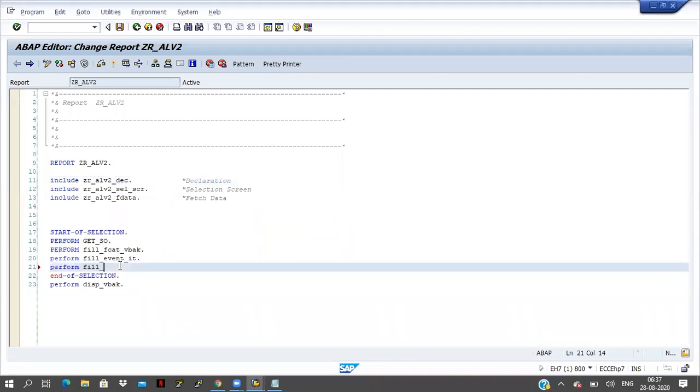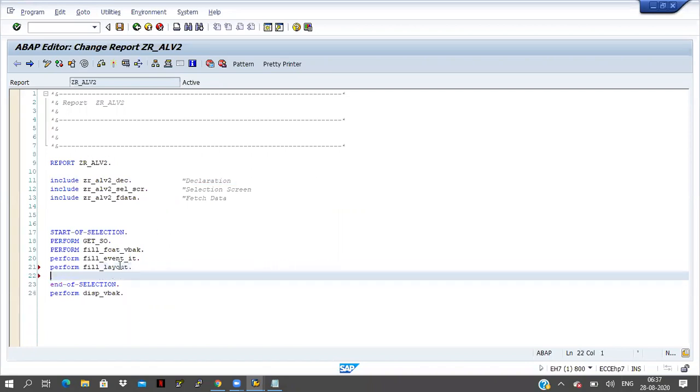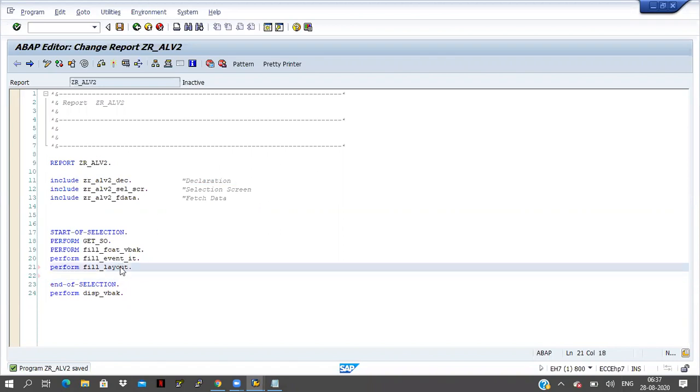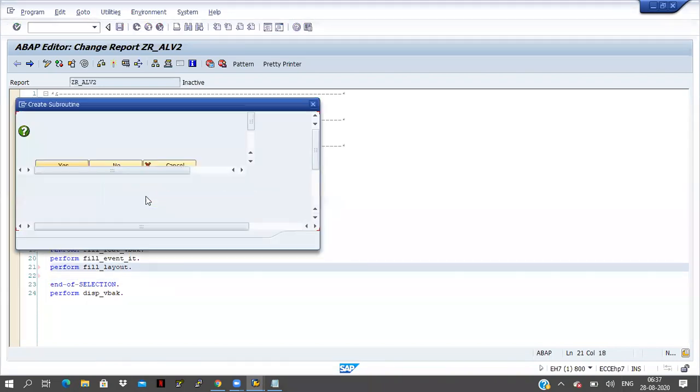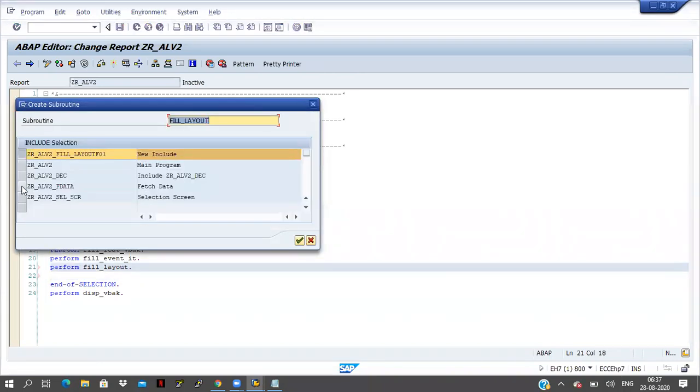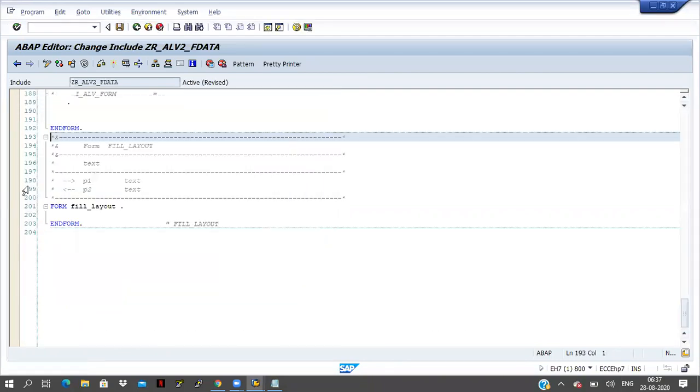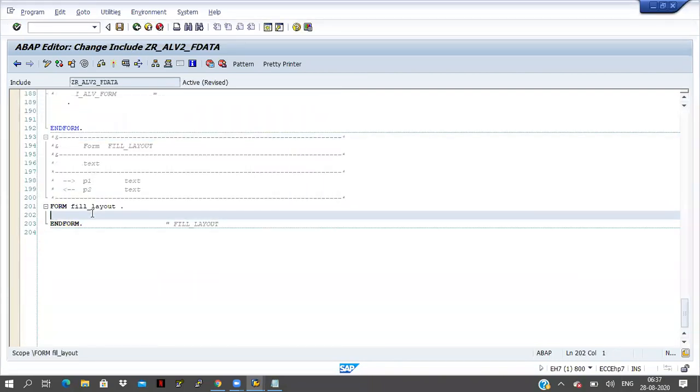Perform fill layout. This is a work area only, not an internal table. I am filling the layout here, the work area layout.